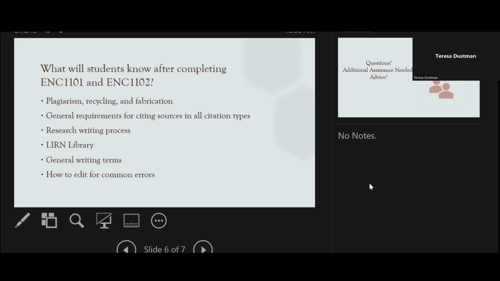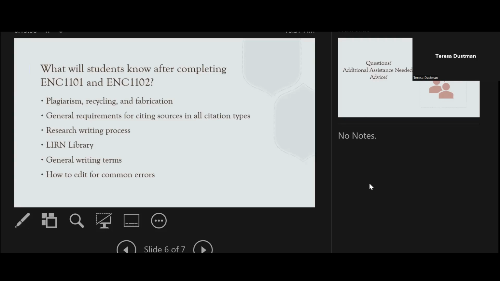Keep in mind that those who transferred, such as the dual enrollment students, may not have been exposed to what we're teaching. So you have to work with them. You have to teach some of the things that they didn't get in ENC 1101 or 1102, or just go by the guidelines that we have in terms of what goes in the paper.